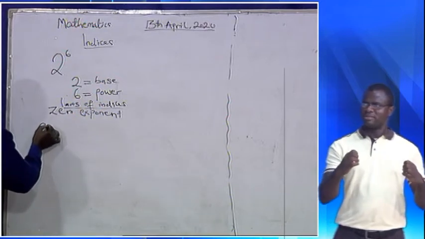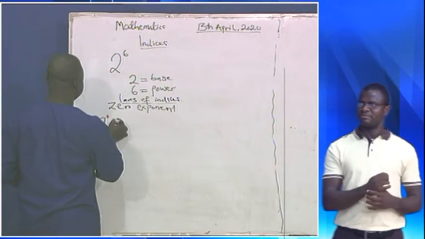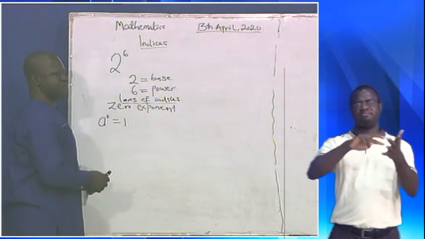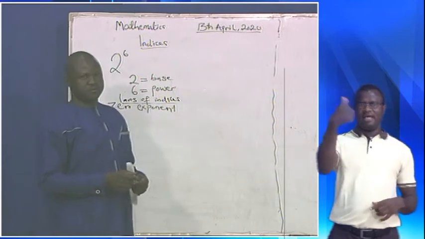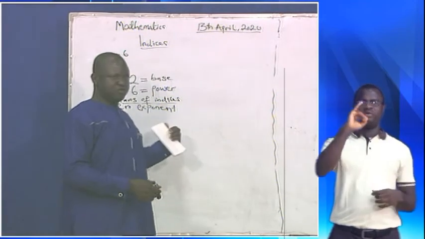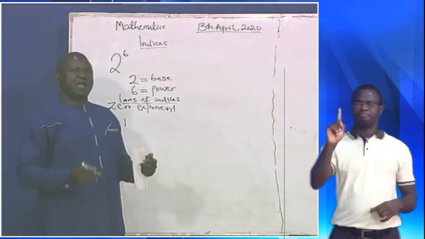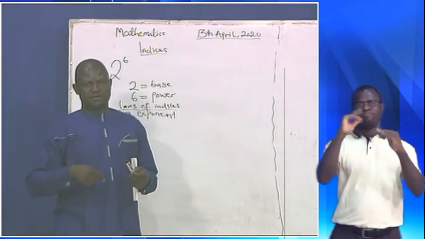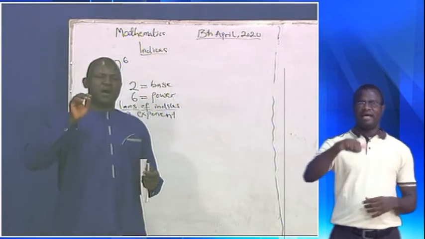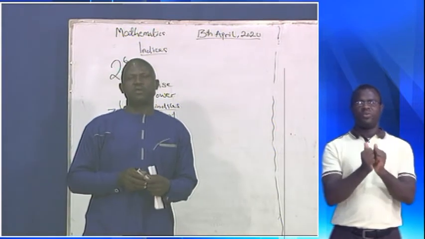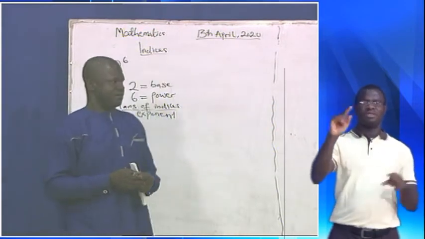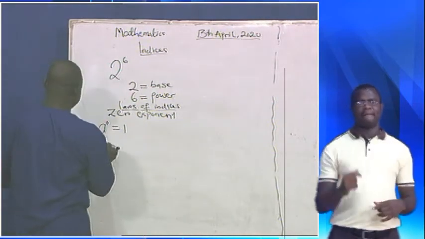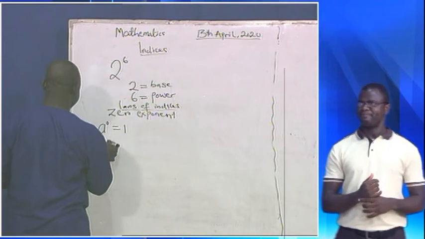If a is raised to power 0, the end result is what? Is 1. What we mean by this is any number apart from 0 itself raised to power 0 is equal to what? 1. From this analysis, if we are asked to evaluate or simplify